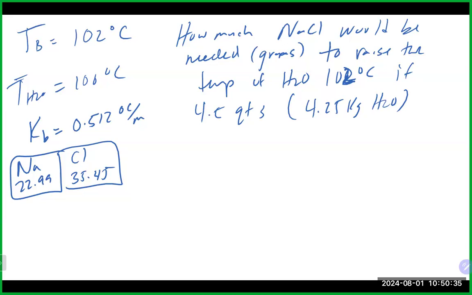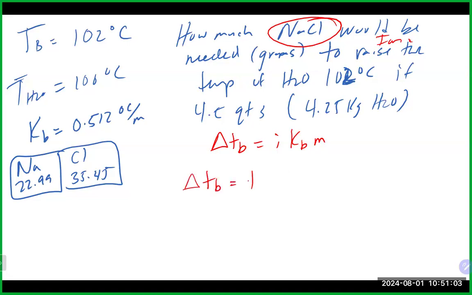So in this case, we are obviously using our boiling point equation. We are using sodium chloride, which is ionic, which means we do need to incorporate the van't Hoff factor into here, which is i, times our Kb times our molality in this particular case. All right, so in my example here, we are going to try to just raise it 2 degrees Celsius by adding some salt to our water here for our pasta. So since this is boiling, the temperature of the solution minus the temperature of the solvent, 102 degrees Celsius minus 100 degrees Celsius, is going to give us a change in the boiling point of